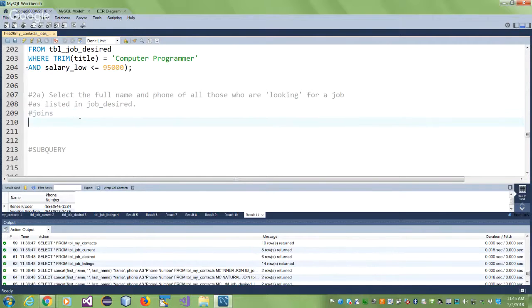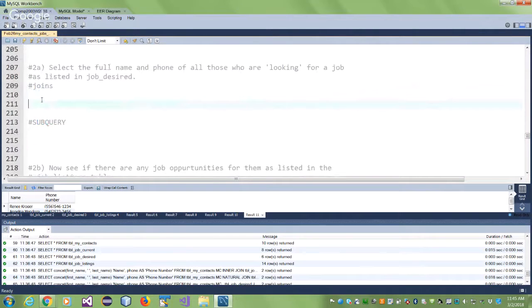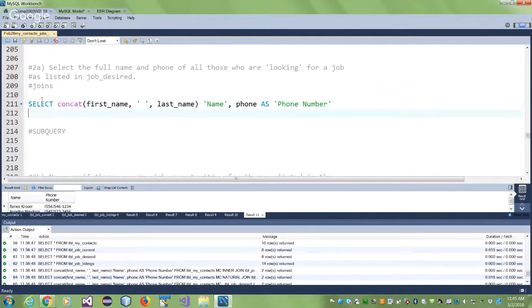Select the full name. Full name was not a big deal, we'll select it from here. And the phone number. So using joins first, which 2 tables do you have to join? We just made these the 2 tables we want to join. We want to join the table my contacts. You can use the word inner join if you like. You can use comma if you like. Whatever makes sense to you. You can give it a name if you like, as MC, my contacts. You can use comma, and the other table that I want to join is